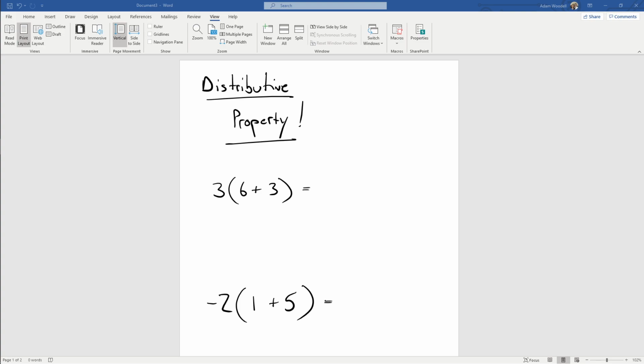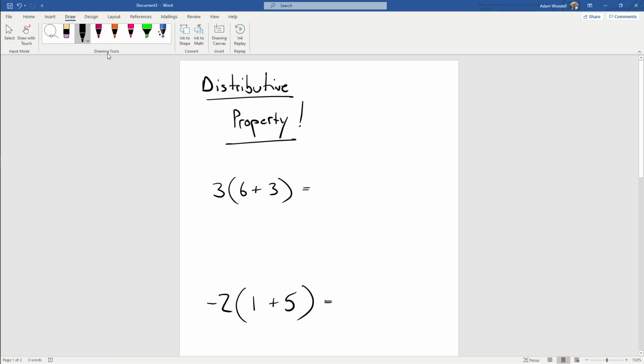Hey class, today I just wanted to do a little bit of a review for the distributive property. The distributive property is a really cool math tool that we can use to help us simplify some problems. We might have seen it before when we were learning about multiplication, but the idea is that if we have some number multiplied by a sum or a product, as you can see here with the parentheses,